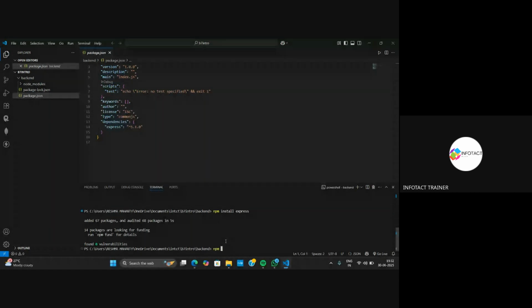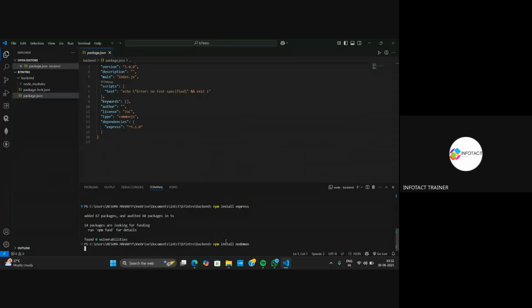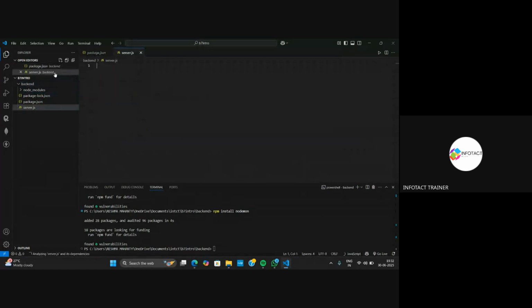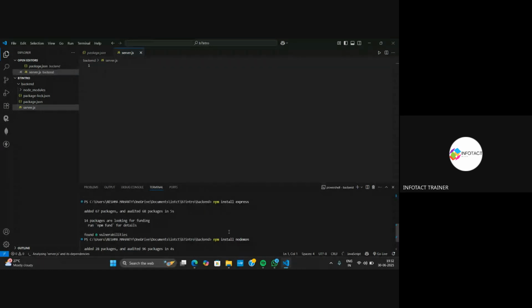After that, if I want to install Nodemon, see, Nodemon is also being displayed over here. So this is the exact purpose of having the package.json file. Now, in order to create a server, we will go to the backend folder and we will create a server with the extension .js. All right. So here, since I have installed express, I have to import express as